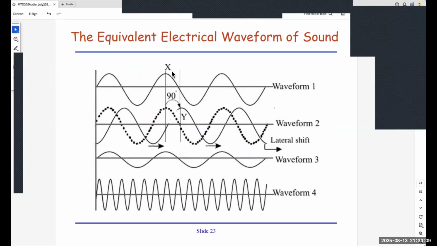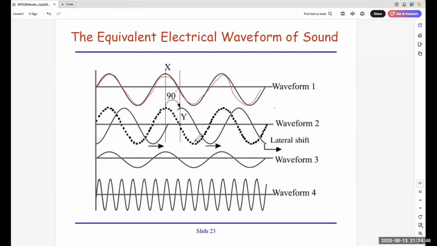Yeah, so can you see here? This is a waveform. There are 4 waveforms. Of course, this is not tested, just to give you some physical representation of what is going on. This signal, waveform 1, is called X. This signal is called waveform Y. For waveform 2, the dotted line represents the X in this waveform 2. So you can see that waveform 1 is this X.